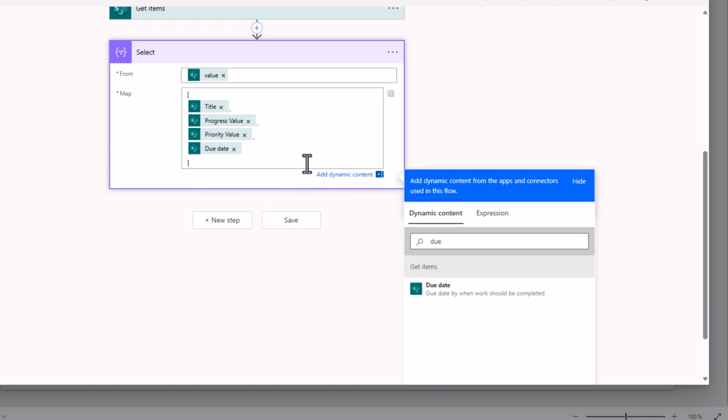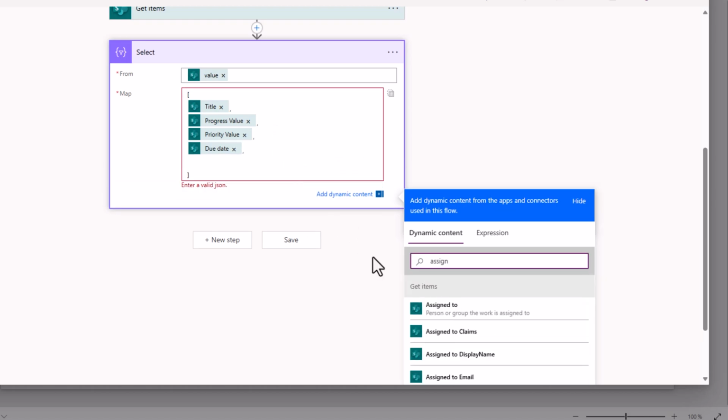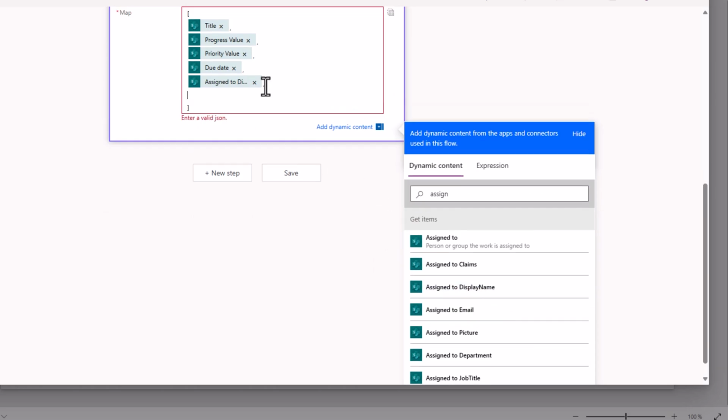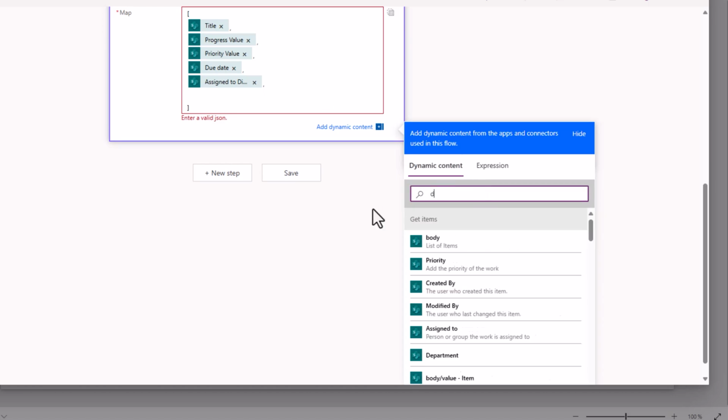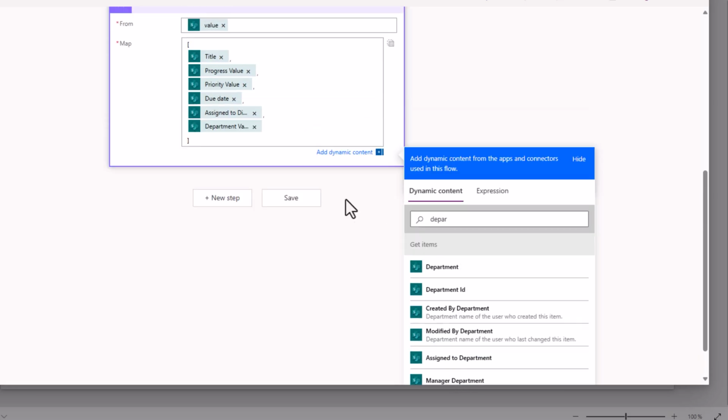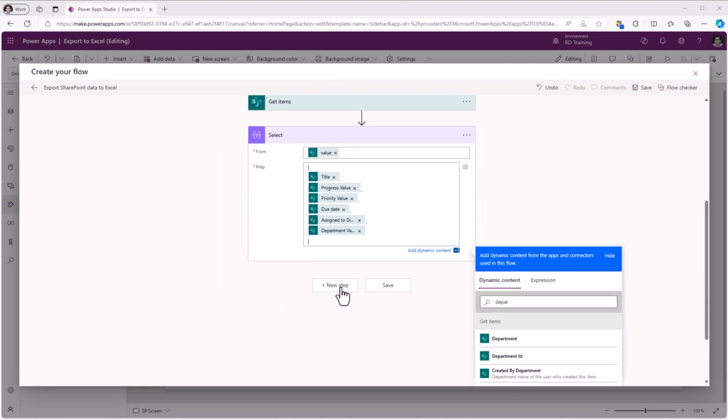Due date, assigned to is a person type column. I'll pick the display name. And finally, department, which is a lookup column. I'll pick the value. Next step,